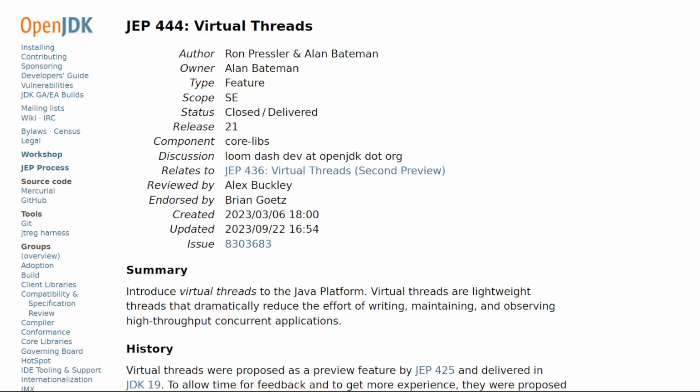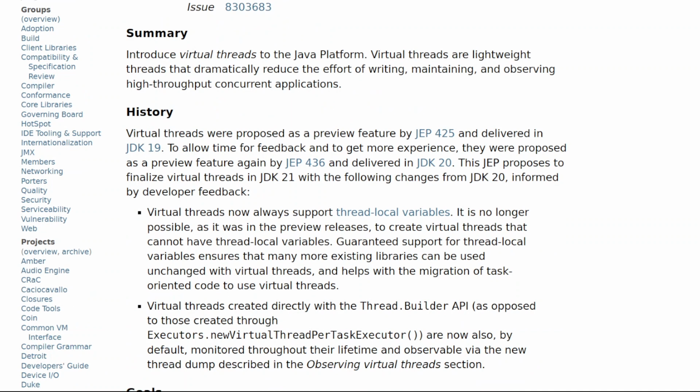Virtual threads were proposed as a preview feature by JEP 425 and delivered in JDK 19. To allow time for feedback and to get more experience, they were proposed as a preview feature again by JEP 436 and delivered in JDK 20. This JEP proposes to finalize virtual threads in JDK 21 with the following changes from JDK 20, informed by developer